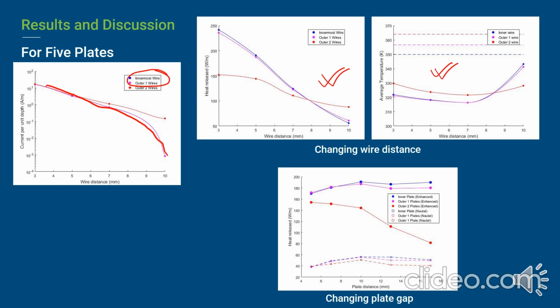And when we change the plate gap, we see an interesting thing: when the plate distance, meaning the distance between 2 plates, reduces significantly, the heat transfer rate starts to decrease, even though there is some amount of chimney effect. Chimney effect is when the constricted region has more than expected airflow because of contribution from both ends of the chimney. However, we see here that after a certain distance, the flow is getting choked and the heat transfer rate is decreasing.